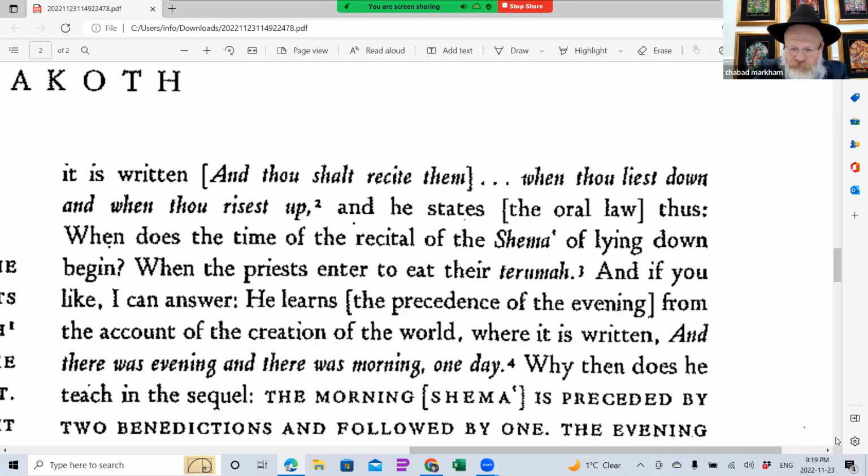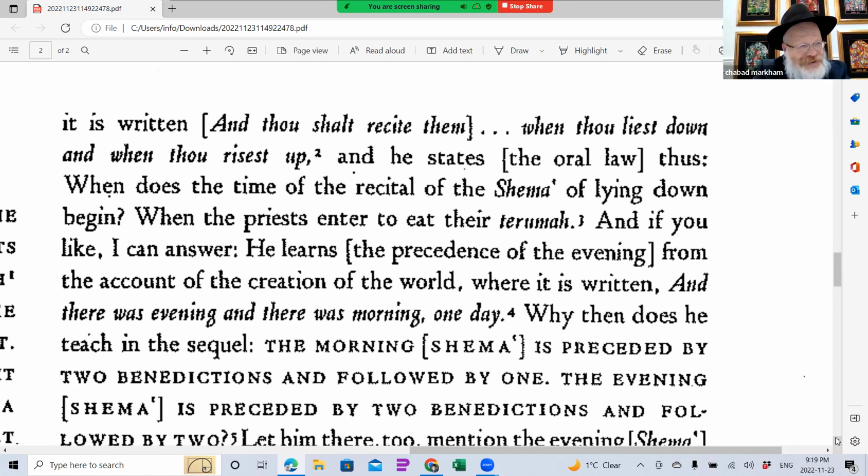Because you can connect Mincha and Maariv. Yeah, Mincha and Maariv you can connect, right? Well, why can't you connect Maariv and Shacharit? It just doesn't work out that way, because the morning Amidah really preferably should be done after sunrise. And sunrise gets pretty late, especially here in Canada. So we rely on the other opinions to do it a little earlier.